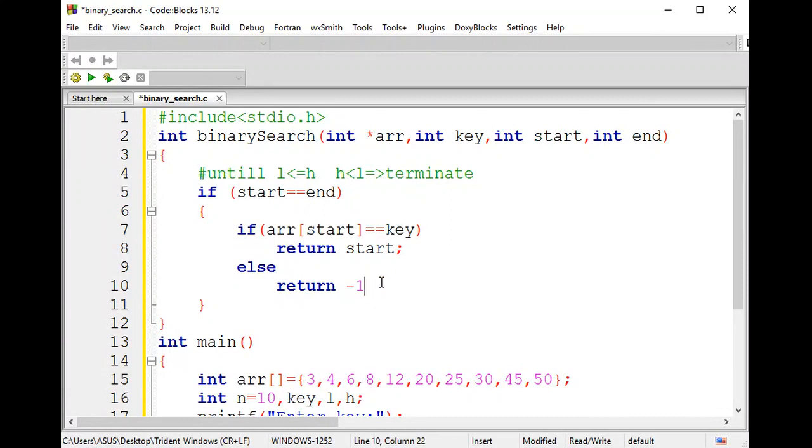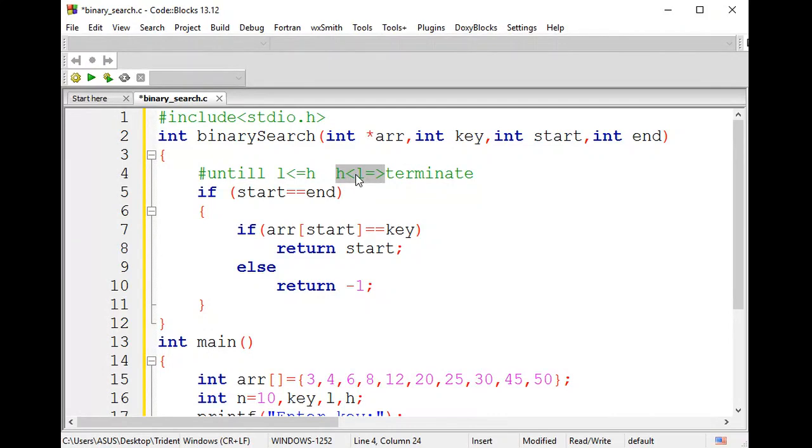The reason is I'm going to mention the recursion part. Normally the loop will be executed until your low value is less than high value. Whenever your high value is less than your low value, that's the termination condition which you have seen. So now, guys, is the screen visible? Come on, respond to me. Okay, fine. So now the termination condition is whenever the high value is less than the low value, it's going to terminate.